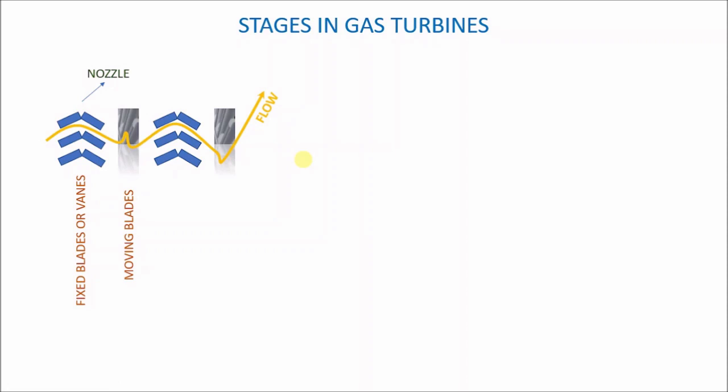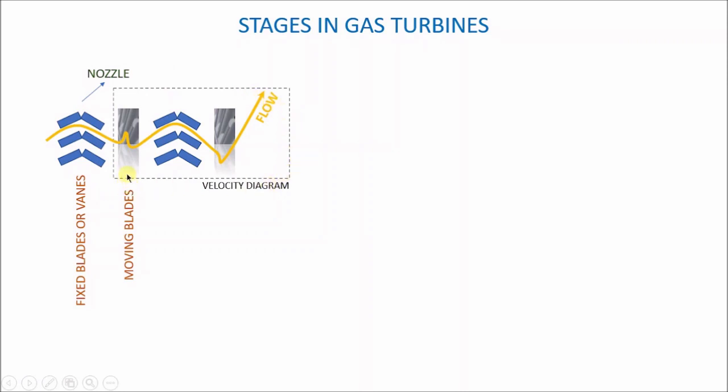Now, when we are drawing a two-stage velocity diagram, what we are really focusing on is what you see in this box. So you will have the first row of moving blades followed by a row of fixed blades and then a second row of moving blades. And when we are drawing the velocity diagram, we are drawing the velocity diagram of what is happening inside of this box. But even though we are drawing the velocity diagram of what is happening inside of this box, what is of real